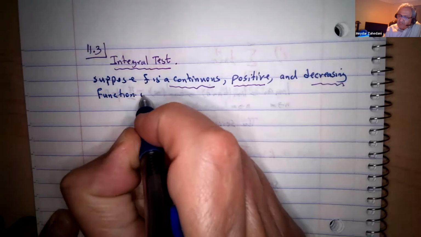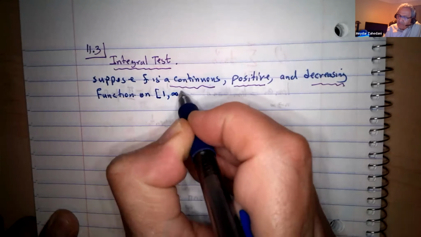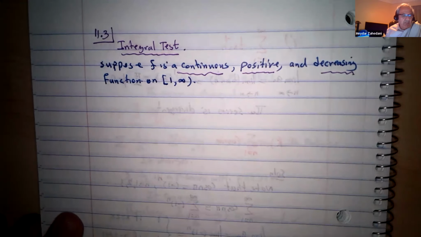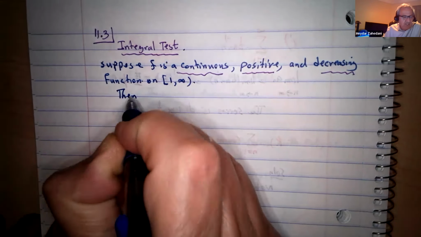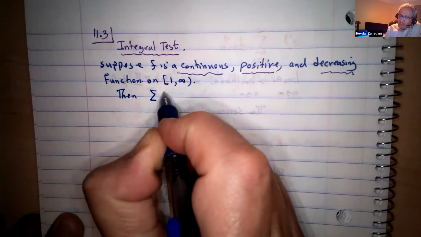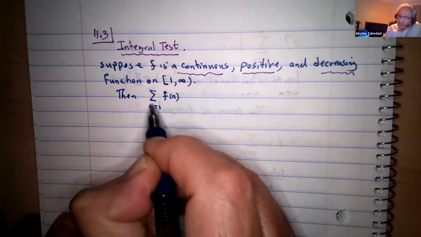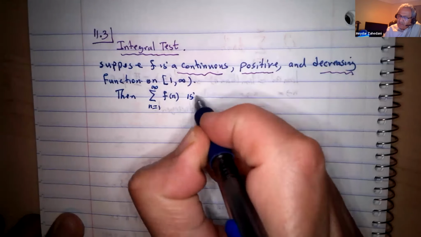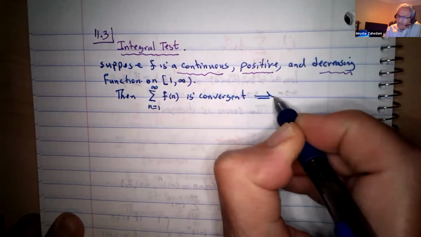So if this is the function on the interval of 1 to infinity, the 1 is good for the series, but you can change it to 2 or 3. If this is the case, then you can make a series with the general term f of n, n from 1 to infinity. If this is the case, this series is convergent if and only if